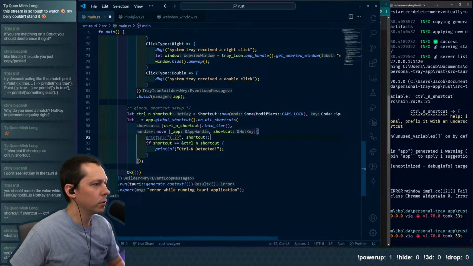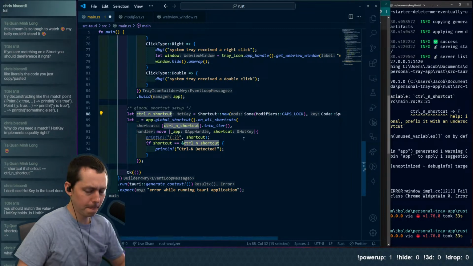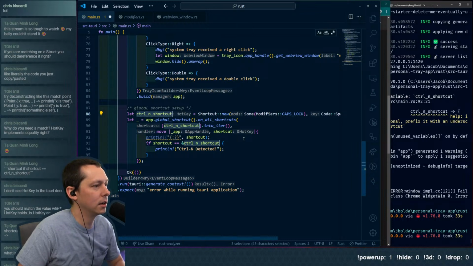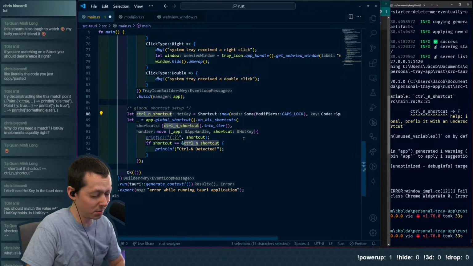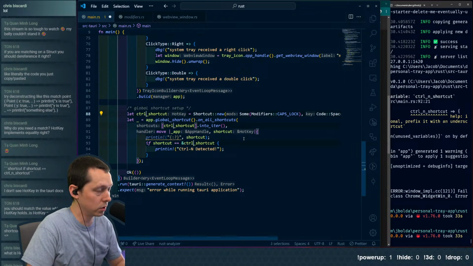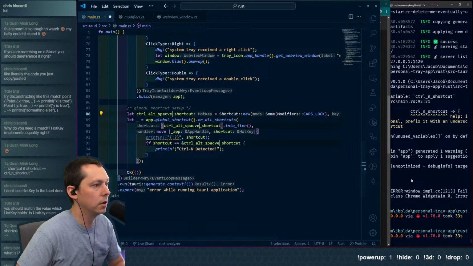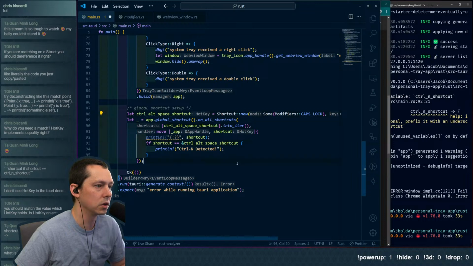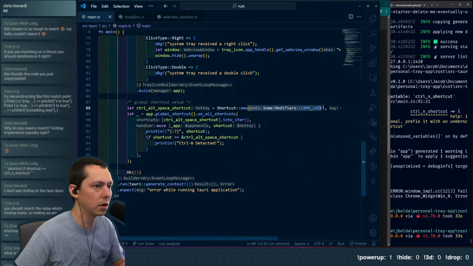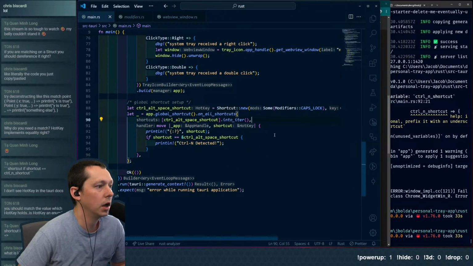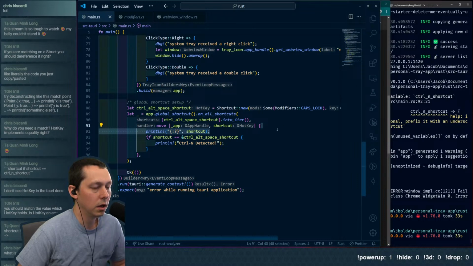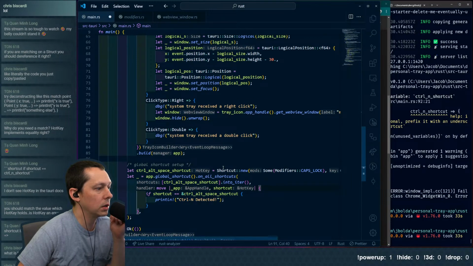So I think this will work. And I think this feels the best. I don't want it to be caps lock. I'm gonna just rename this to, we were doing like what, Control Alt Space, I think. I don't know if I want that as the default, but we'll deal with this later. I don't really feel like dealing with the modifiers now. We're starting to run long anyways. But this gives us basically,